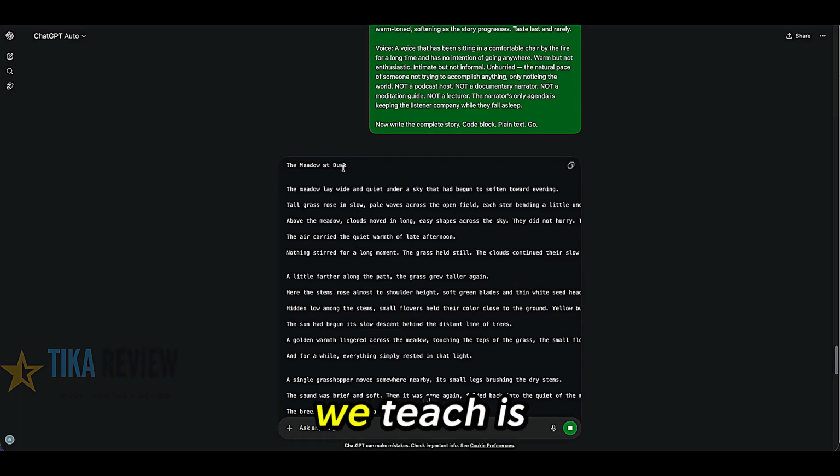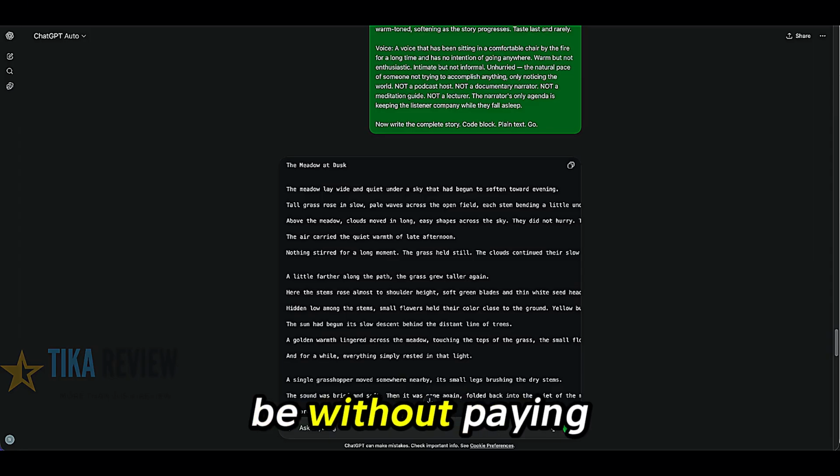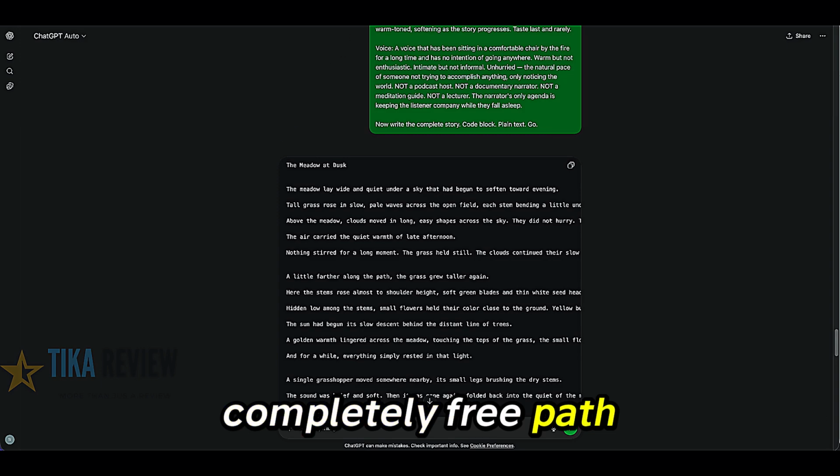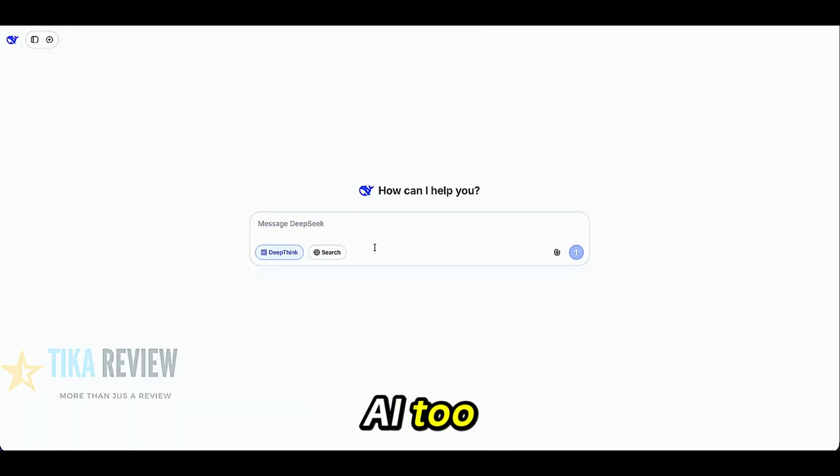And then what we teach is how to take this, put it into ElevenLabs, get it digitally narrated, and then publish it to multiple platforms. But we actually also teach how you can do that for free with ElevenLabs, get it narrated, listen to, earn from it without paying ElevenLabs for the narration at all. And then using the money you earn to then do the paid narration and put it on to more platforms for even more. So there's a completely free path through this, and it's even free with the AI too, because